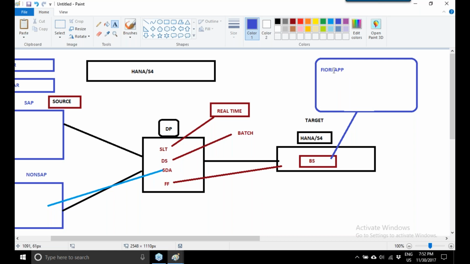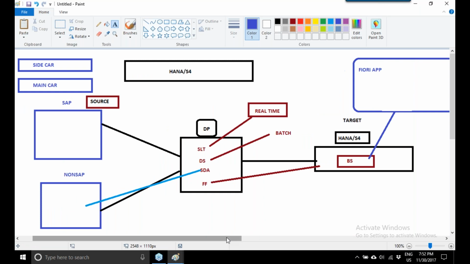Everything you can do in Fiori apps. I'm also going to show you live on the system how all these systems are integrated with each other. Shortly I'm going to show you a demo of the entire integration of HANA S4 HANA with the SAP systems. Shortly I'm going to start with the demo.